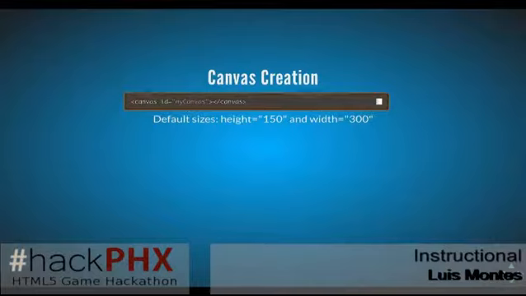So HTML5, right, it's just HTML. We get some new tags. This new tag canvas, we just define it just like that. We can give it an ID so we can reference it later with our JavaScript. We can set height and width to it. This is pretty important though. The height and width of the canvas are like the coordinate system of your canvas. So if you say 150 by 300, that's actually the pixels.